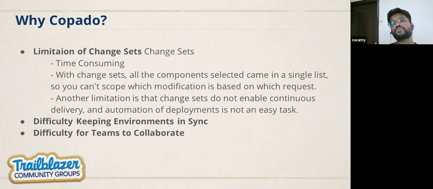And moreover, suppose someone has done some changes in some object and it has been deployed in UAT, and we are working and we are not aware what changes have been done. And we are doing something else that should hinder in that thing. So that sync problem also comes into the picture.